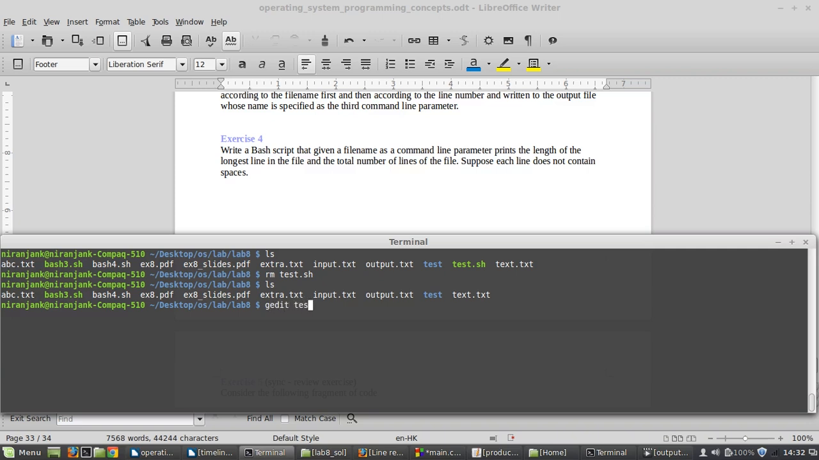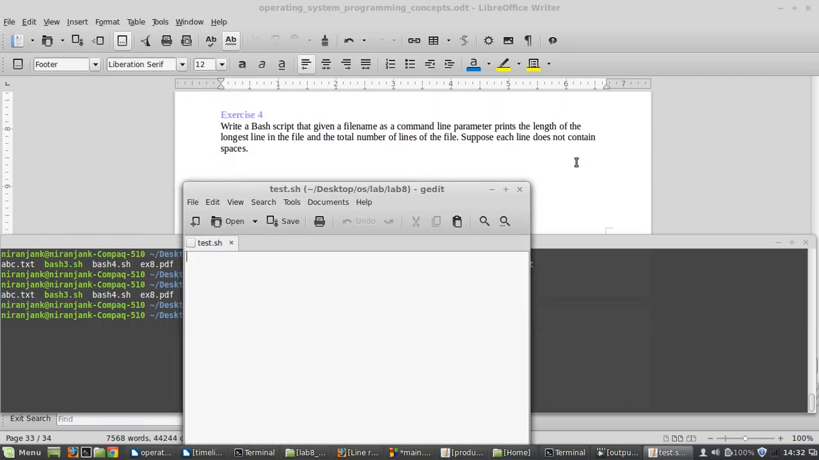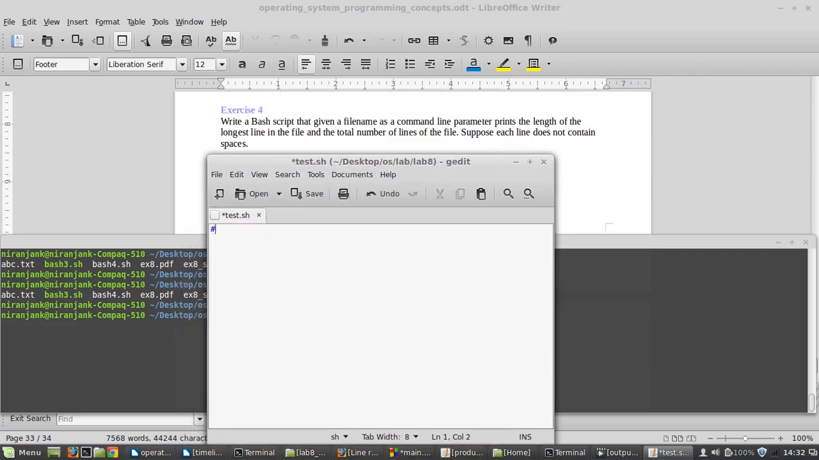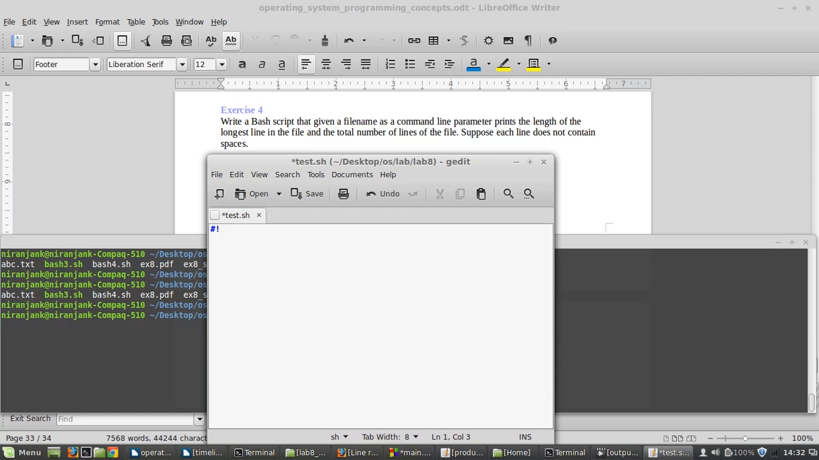And yes, let's remove this test.sh file. There's no more there. Again, let's create it. Alright. Okay, so this is our exercise. Now we have to write the bash script, that is, by writing a special command to our system, it must start executing from this bin bash folder, and here